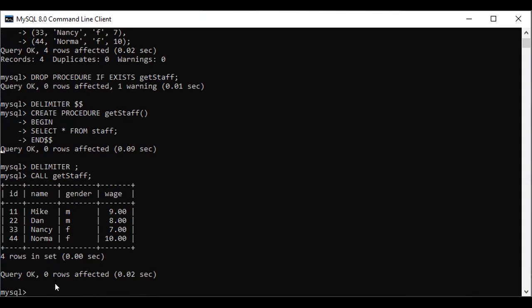Basically, what happens here, when we run this command, all this code compiles and goes to the buffer pool in the engine where it caches, and when we call the stored procedure here, it gets the copy from the cache.